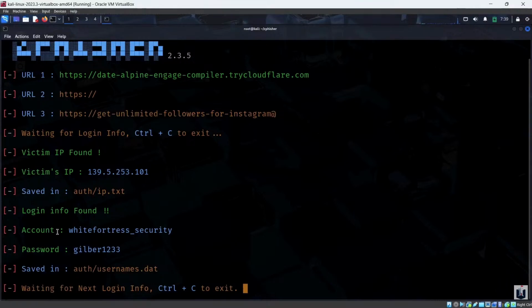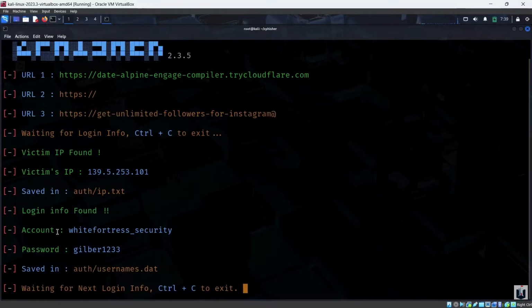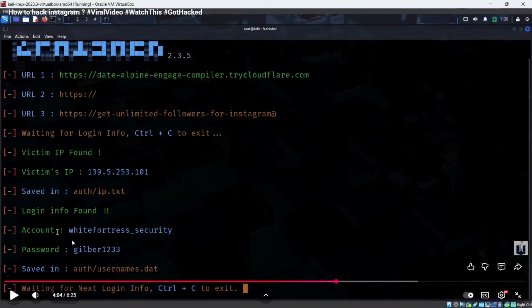I need to know about the target beforehand. And then when the target clicks on it, that person might think, okay, I might have logged out of Instagram, out of curiosity, out of urgency. We can also make it urgent. The target does not think much about it and will give away the account information.